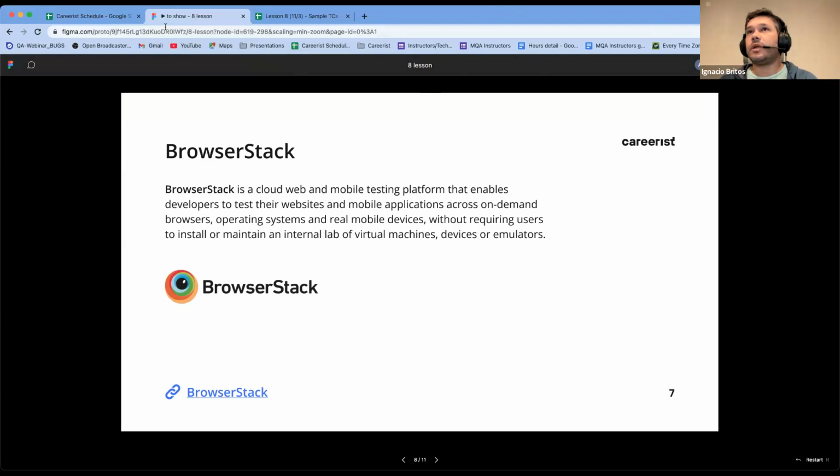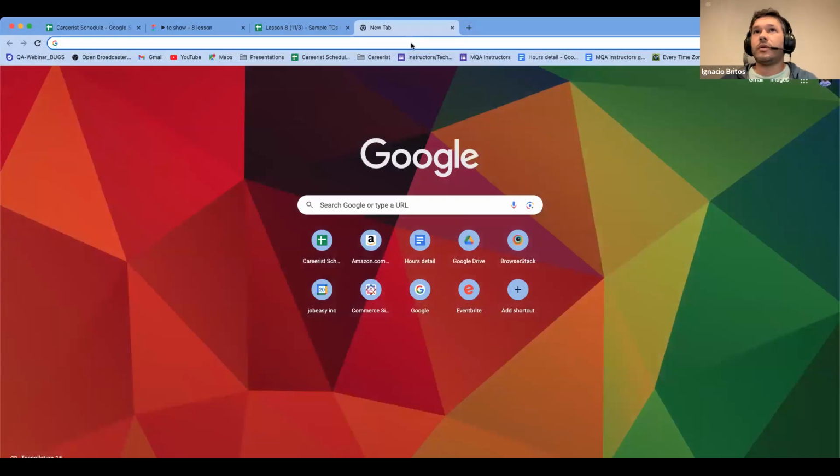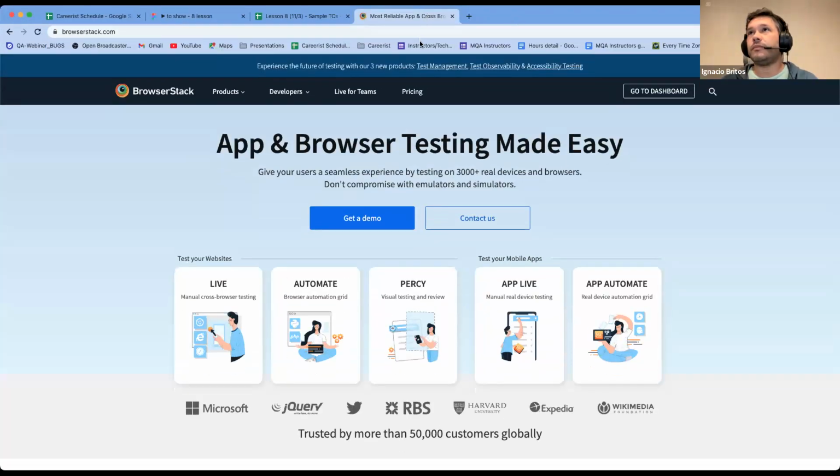Let's see if I can do that. There we go. BrowserStack. Can you see the BrowserStack page? Yes, you can see it now. So if I go to the dashboard,